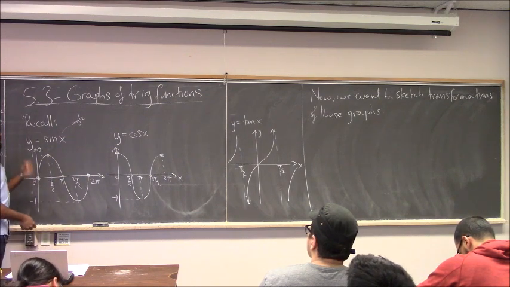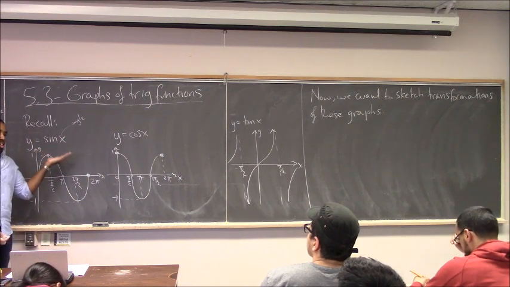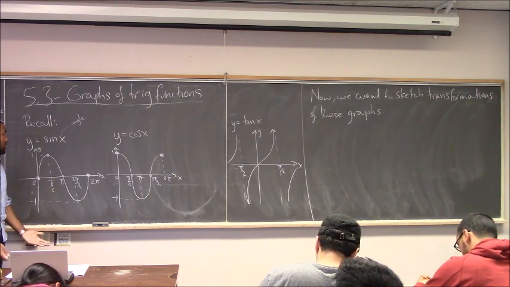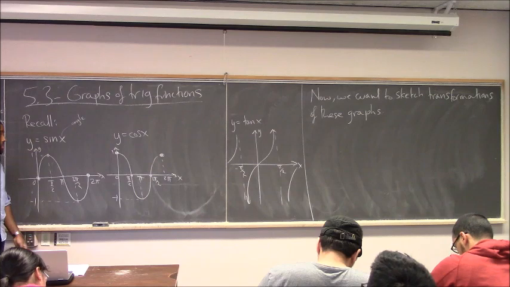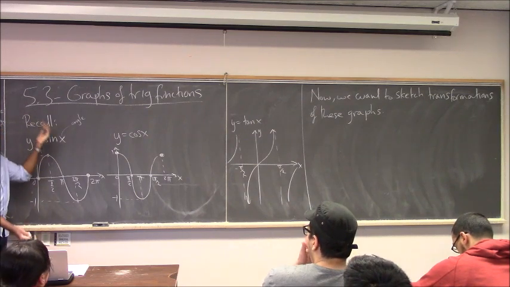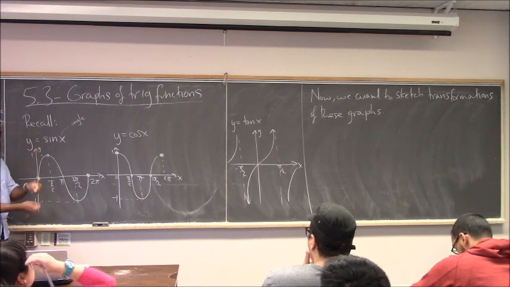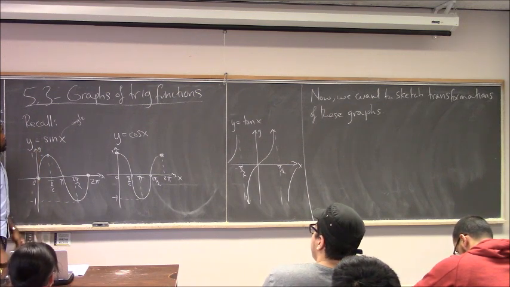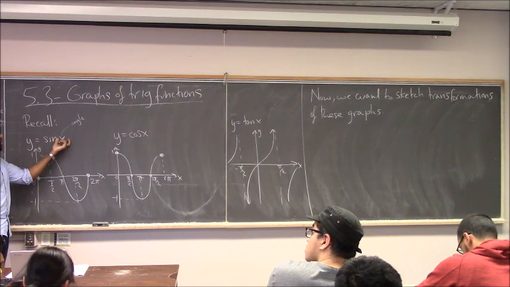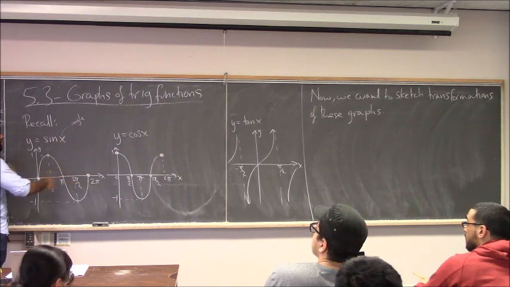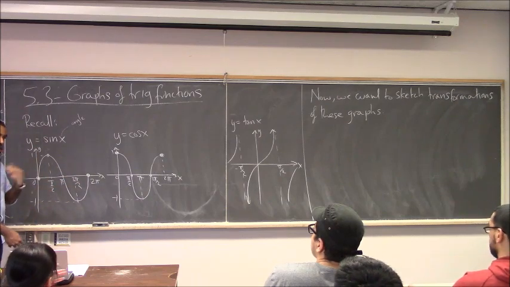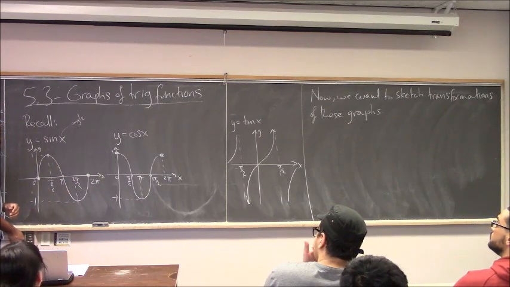Well, again, this is just like any other function, so pretty much everything that we already know about how things are affected applies here. If you multiply by a number that's larger than 1, you will stretch it vertically. If you multiply by a number smaller than 1, you will shrink it vertically. If you add a positive number to all x coordinates, this will shift it to the left. If you subtract the number from all the x coordinates, this shifts to the right. All those things are still true. One thing though